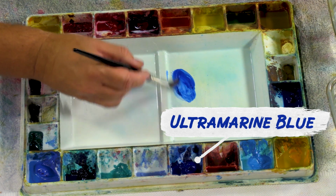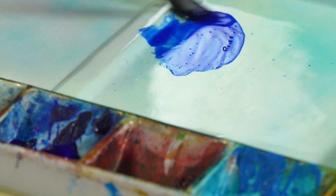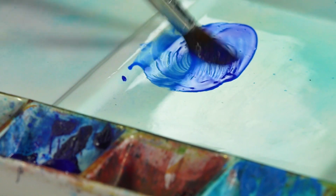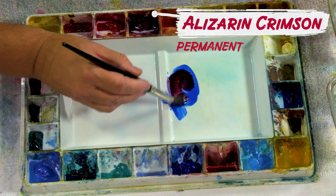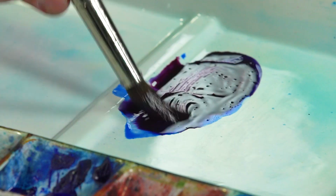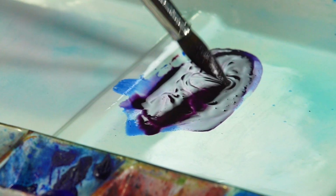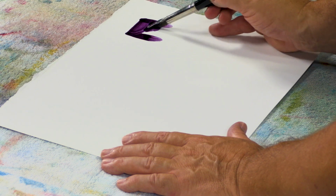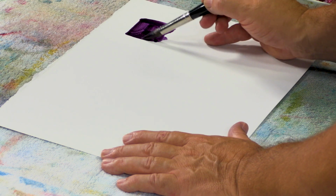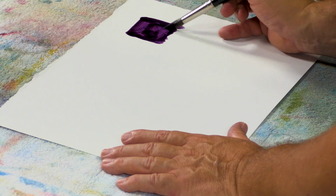Put a little bit of ultramarine. Mix it up on your palette. And then to that I add alizarin crimson, and that makes a real rich purple. Make sure it's all mixed into your brush. You can see what a beautiful color that is, and how nice that would work with all the other colors